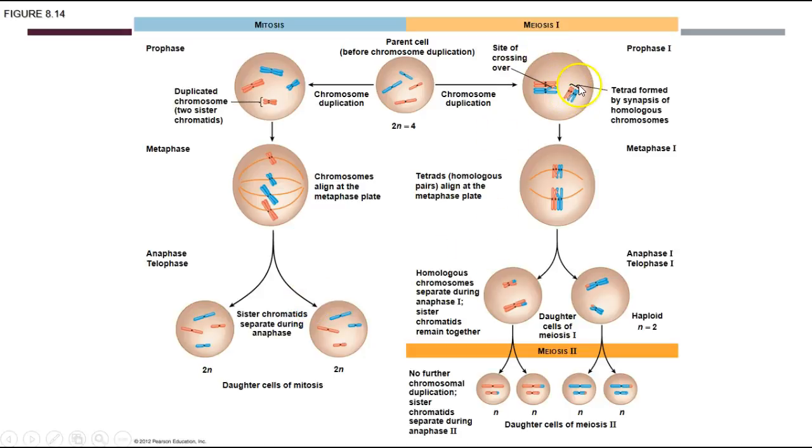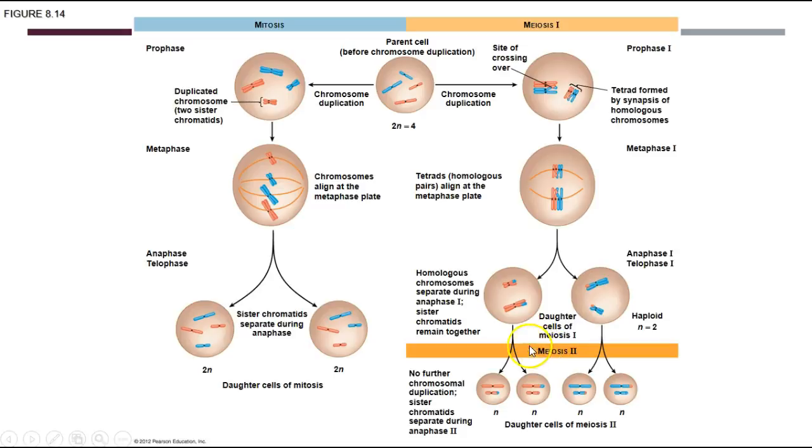In meiosis, we're going to have the same replication beginning, but now in prophase 1, we've got this crossing over that can occur here between the blue and the red because of the tetrad that formed at synapsis. Then in metaphase 1, the tetrads align at the metaphase plate. In anaphase and telophase 1, the homologous chromosomes separate, but not the chromatids. The chromatids stay together. Notice that we've had crossing over here, so there's a mixture of the blue and the